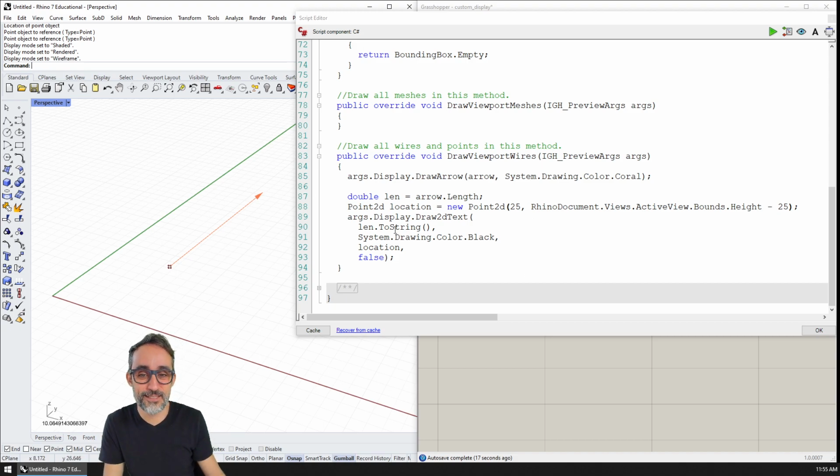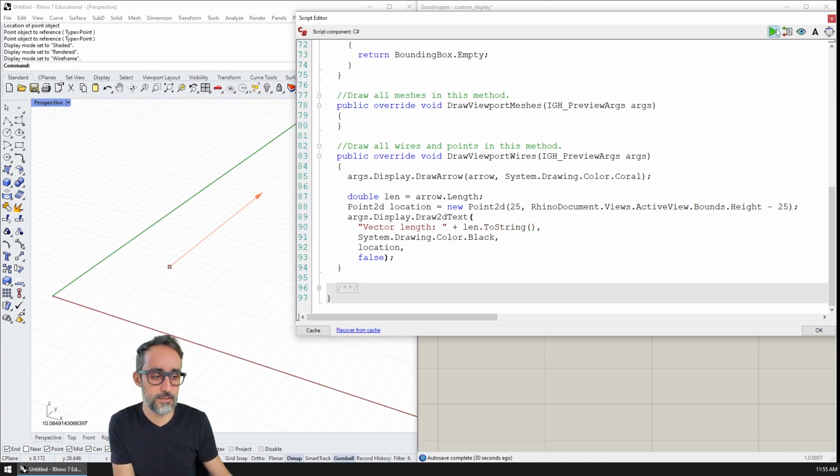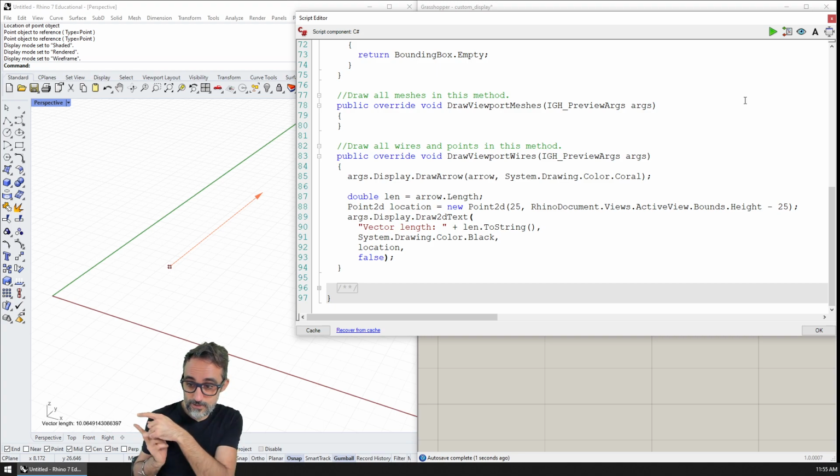And I could even be a bit nicer and just say vector, and I could just say the text is going to be vector length, and then close curlies, etc. And then now you can see that I have an even longer display, like a more verbose one. Okay,